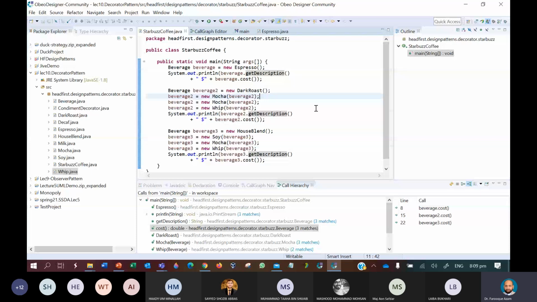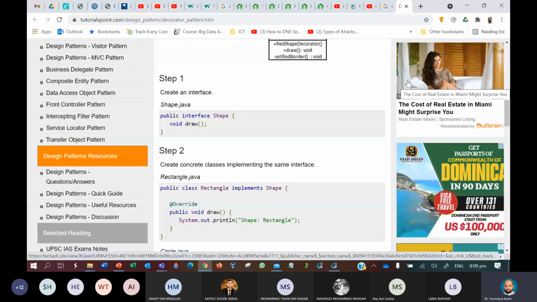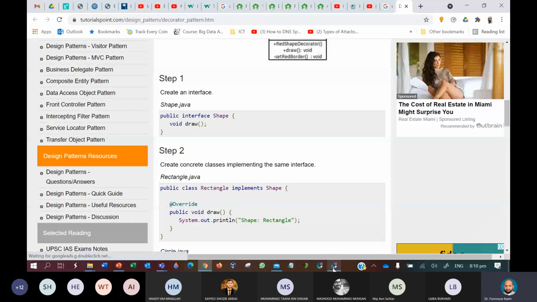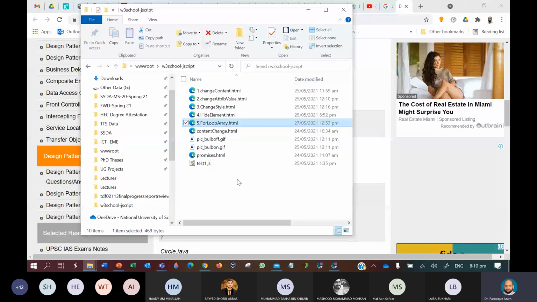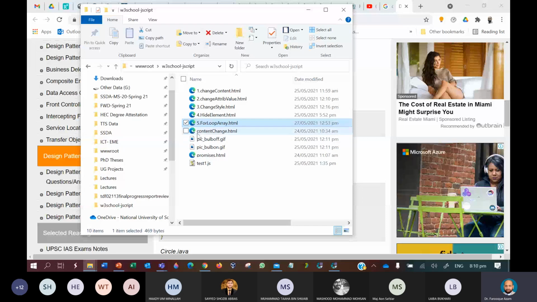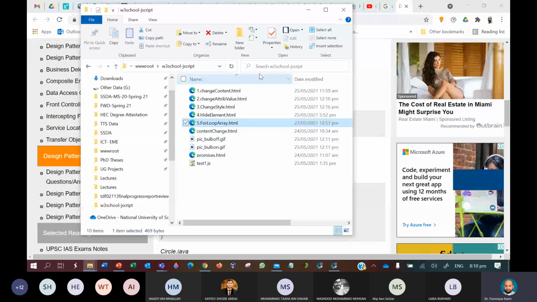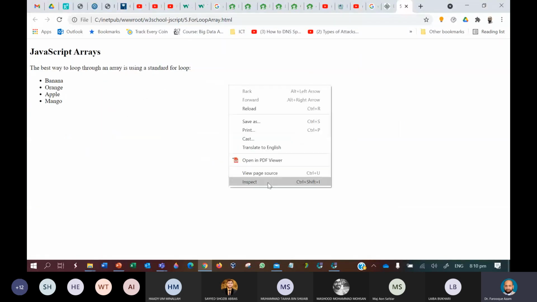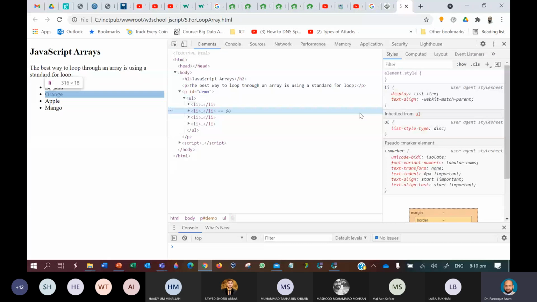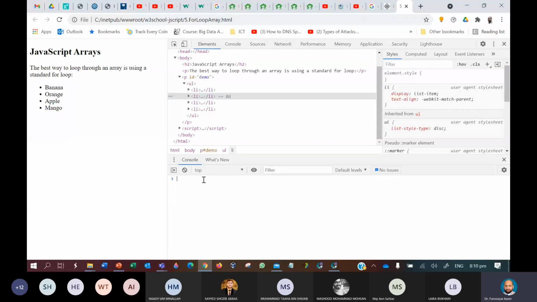इट हैज़ लॉट मैनी कंपोनेंट्स। लेट मी जस्ट शो। मैं आजकल वेब डेवलपमेंट पढ़ा रहा हूँ तो मैं आपको एक छोटी सी चीज़ दिखाता हूँ। मैं सिर्फ एक ब्राउज़र में आपको दिखाता हूँ कि एक छोटे से ऑब्जेक्ट के अंदर कितने ऑब्जेक्ट्स पड़े होते हैं। लेट मी ओपन इट इन क्रोम। ये इसका इंस्पेक्ट मॉड्यूल है क्रोम का। ये इसका कंसोल है। कंसोल के अंदर एक रूट ऑब्जेक्ट होता है डॉक्यूमेंट के नाम से।